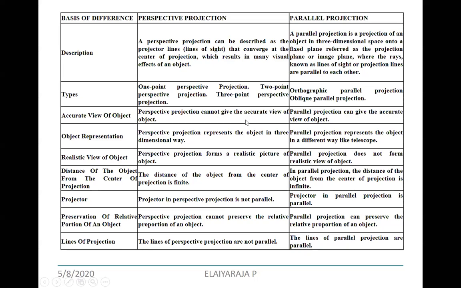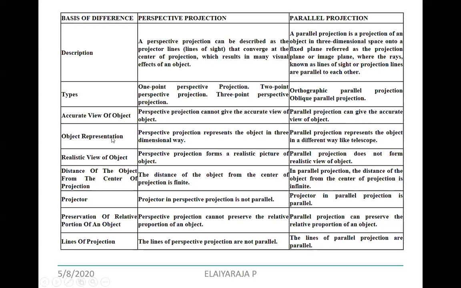And the accurate view of the object between these two: perspective projection cannot give an accurate view of the object. Why? Because the projectors are not parallel, whereas parallel projection can give an accurate view of the object. Why? Because it views through a viewing plane and it is parallel, and orthogonal projection looks through perpendicular.